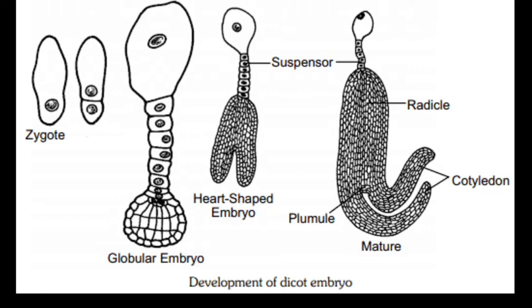If we talk about embryogeny in dicots, the zygote undergoes transverse division, forming a large basal cell and a small apical or terminal cell. The large basal cell enlarges and undergoes transverse divisions to form a 6 to 10 cell stage, which we call the suspensor. The first cell of the suspensor toward the micropylar end, not the chalazal end, we call the haustorium.